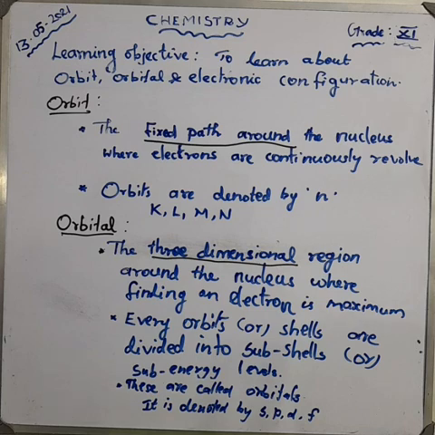Atom is the smallest particle of matter, and the structure of atom means the atom has a positively charged nucleus and negatively charged electrons revolving around the nucleus in a fixed circular path. This circular path we call an orbit. Orbits are otherwise called shells. There are 4 shells surrounding the nucleus in a circular path, that is K, L, M and N shell. I hope everyone clearly understood that.